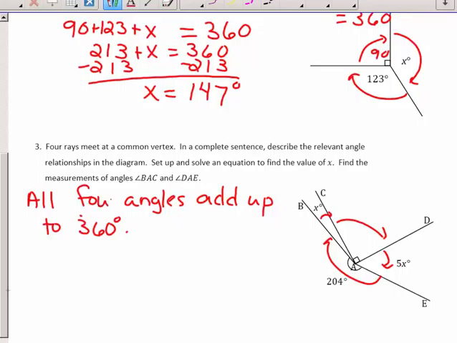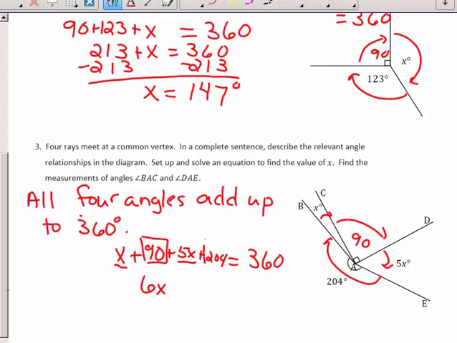We'll change that, I'm sorry. All four angles. Set up and solve an equation. Well, again, we have to know the box is 90. All right, so that means we're going to be equaling 360 degrees. We have x plus 90 plus 5x plus 204. Right, I just went right around the circle. So we have to put our like terms together. That's x and 5x, which is 6x. We have 90 and 204, which is 294,